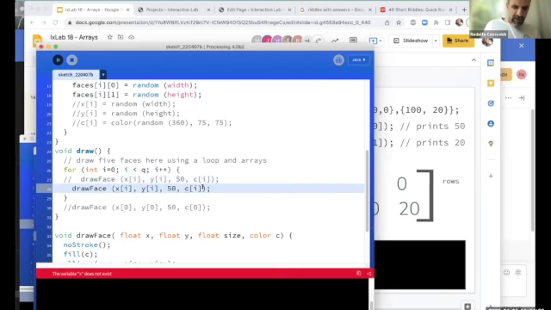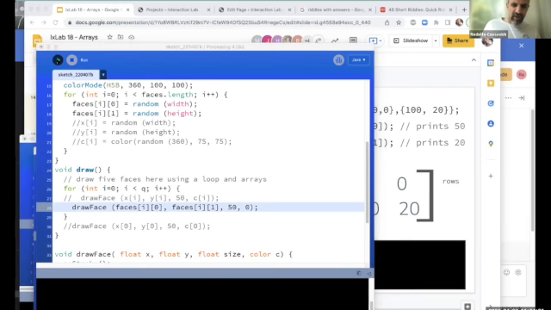I'll just leave them black color so I don't need to deal with the color yet. And here I will say it's the faces of I, but which one? The first container. Then this one, what is it? The Y is the second container. So this thing I did is only drawing the